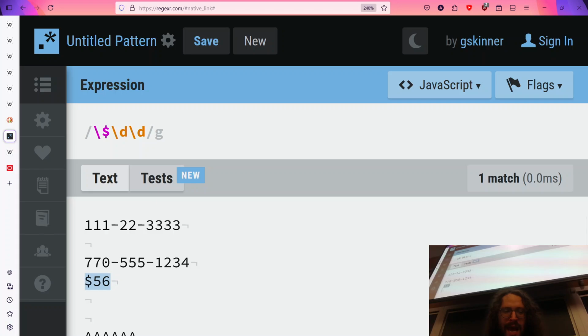But this won't catch $720. It catches the 72. That's incorrect. What about $1.73? Right? Doesn't catch that. But fortunately, regexes are fairly expressive.